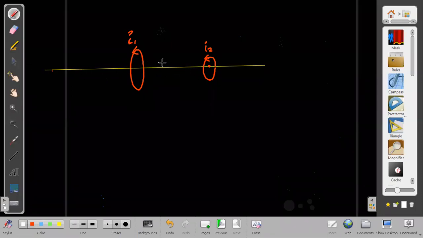Four k M bar by R square. For the second case, or for the first case? The first case answer should be mu naught into I. Chandraharsha obtained it already. Just solve it further. Are we getting mu naught into I or not? Solve it further. M was not given to you, so the answer should not be in terms of M. The answer should be in terms of I. Yes, sir. Mu naught into I.